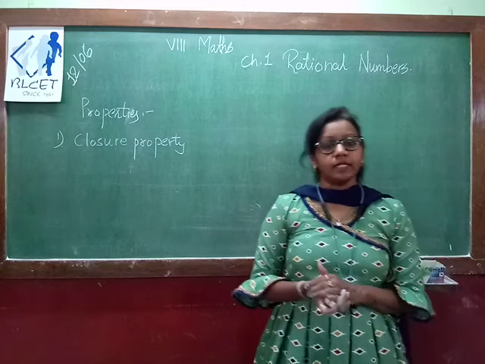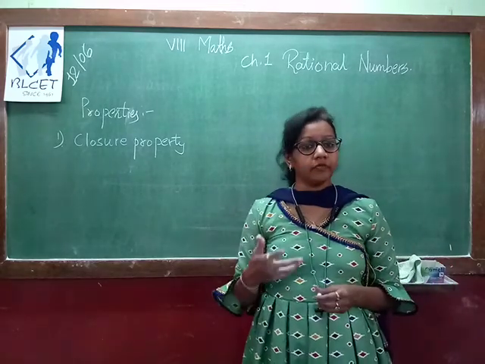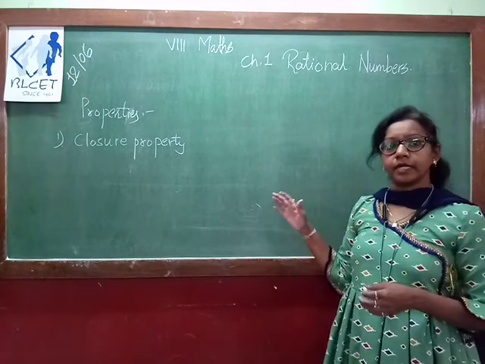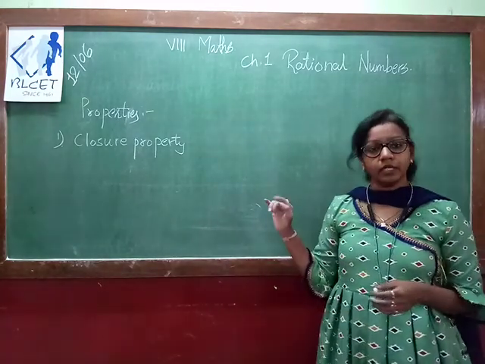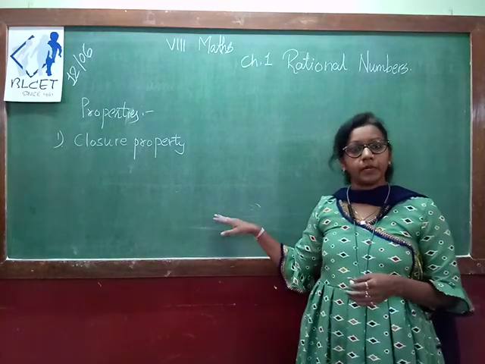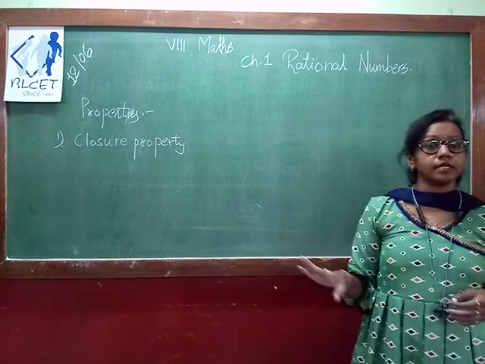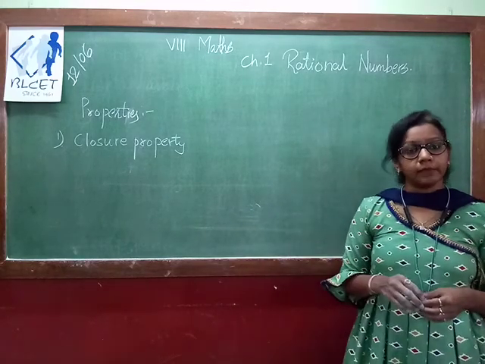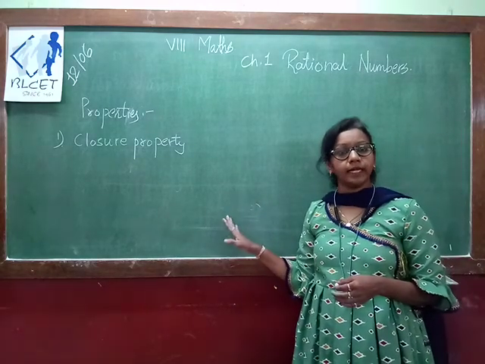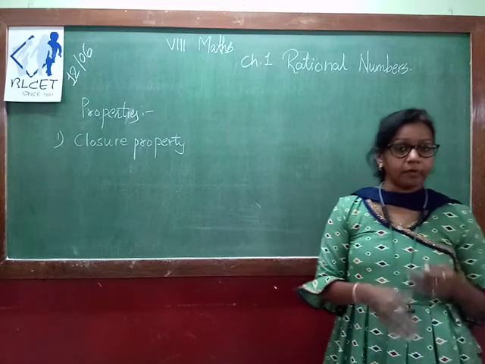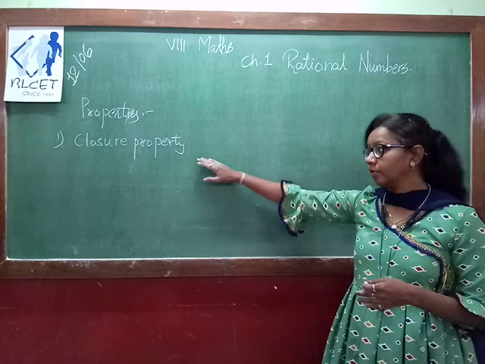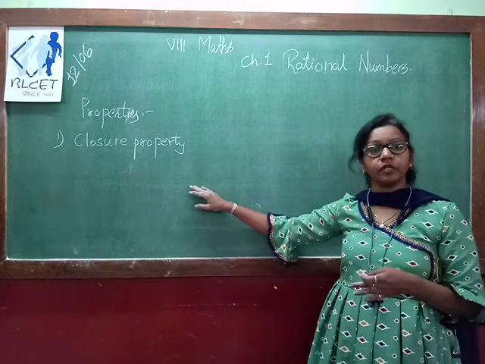So, in our previous online session, we discussed the concept of rational numbers, the definition of rational numbers, and some properties, that is closure property, commutative property, associative property, identities, whether additive identities or multiplicative identities. We also discussed the inverse, additive inverse and multiplicative inverse. That we have discussed already for natural numbers, whole numbers and integers. Some students have problems understanding rational numbers and their properties. So we will discuss all the properties right now for rational numbers.